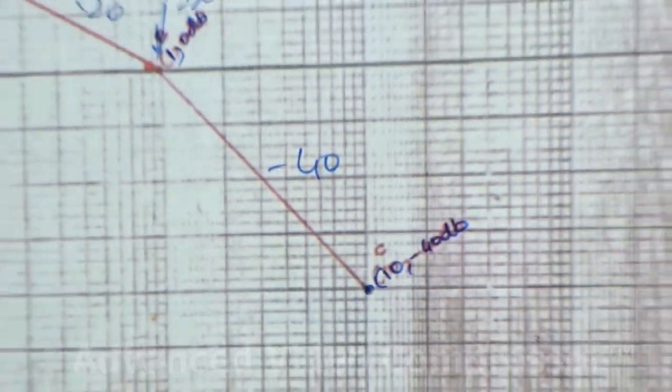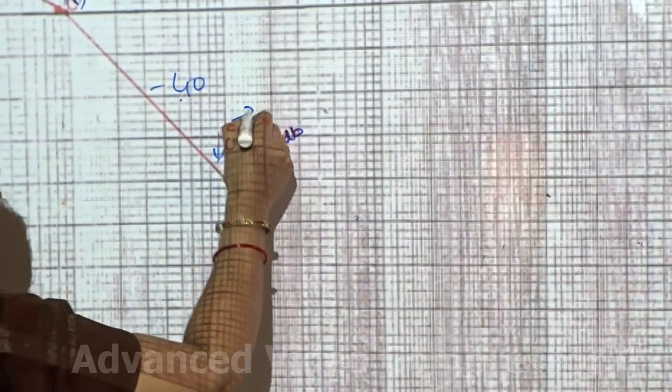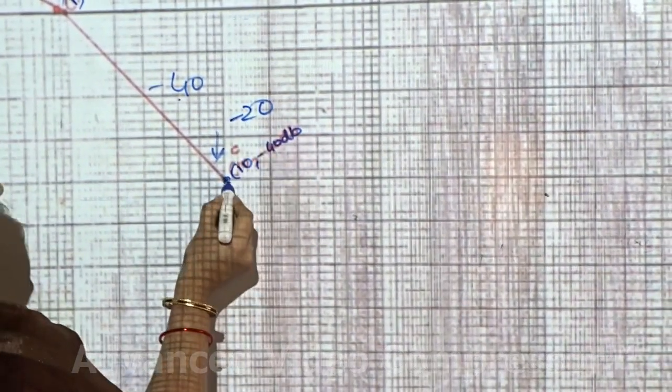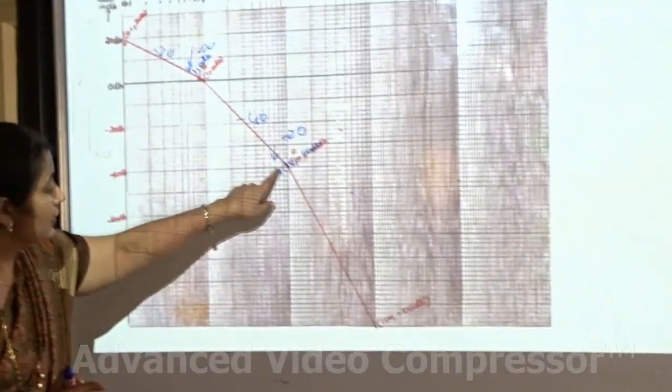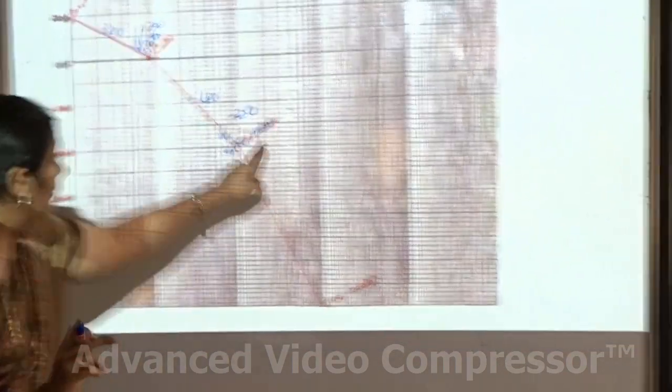So at 10 you are adding one more pole. At minus 40, you are adding one more, minus 20. So what should be the total slope? It has to be minus 60. Okay, if you give a slope, see, this is 10, minus 40. If this is the total, you will have to add.